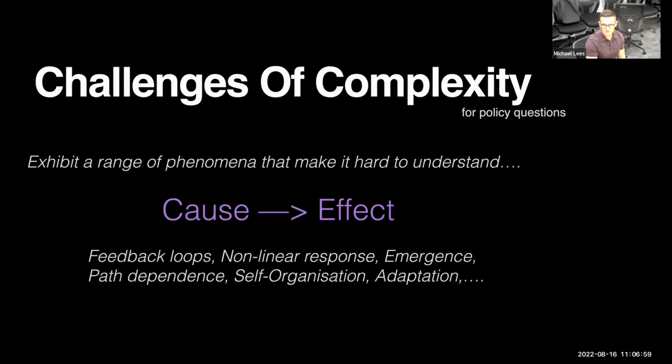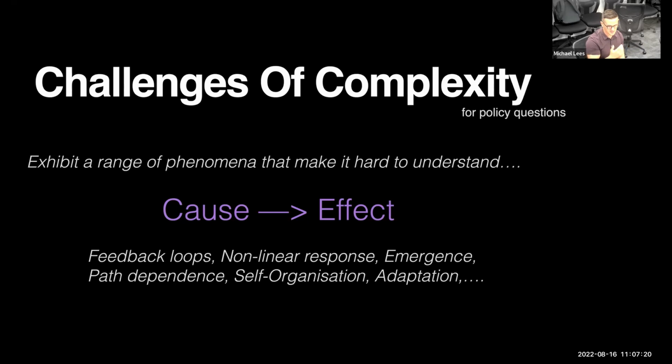And you'll find there's a great paper by a guy called James Ladyman, where you'll find different descriptions of these different phenomena that complex systems exhibit. So things like feedback loops, where one person or one bird takes an action, that creates the perception of another bird to change its behavior, and you get these continual interactions.